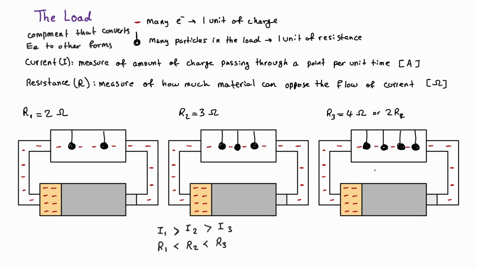I'm also going to add here, based on the definition of current, which is the measure of amount of charge passing through a point per unit time, it's saying how fast these charges can move. So amount of charge is generally shown with letter Q, and the time is shown by t. So the equation for I is the change in amount of charge over change in amount of time. Charge, we haven't talked about this too much, but 1 unit of charge is measured in units of coulombs, usually shown with